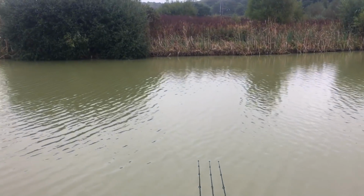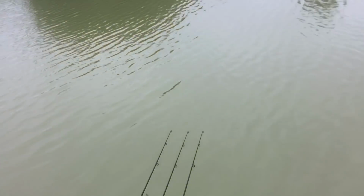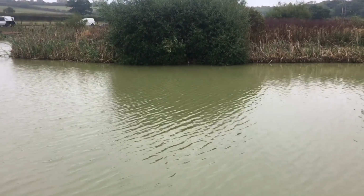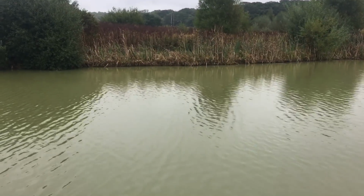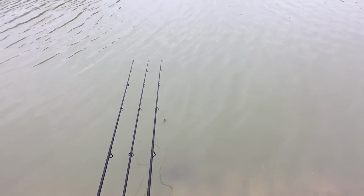Right, guys, just a bit of an afternoon update. Still no fish, no action, and I've just relocated one of my rods. So the middle rod that was fishing over at this bush hasn't really produced anything. So what I've done is I've just switched my rods around a little bit. And now the middle rod, which was the right hand rod,